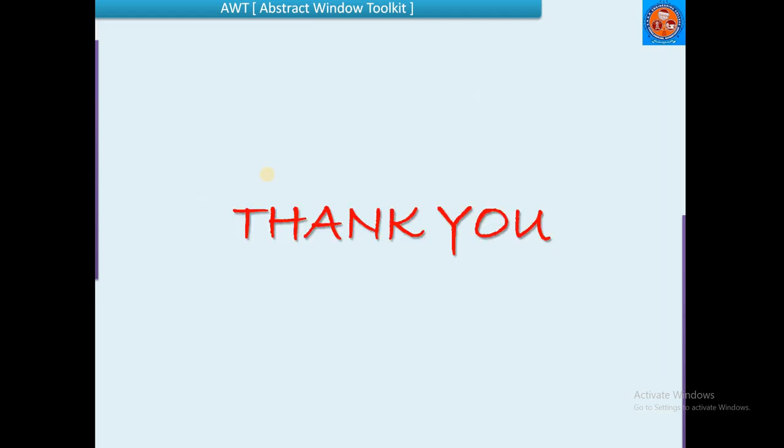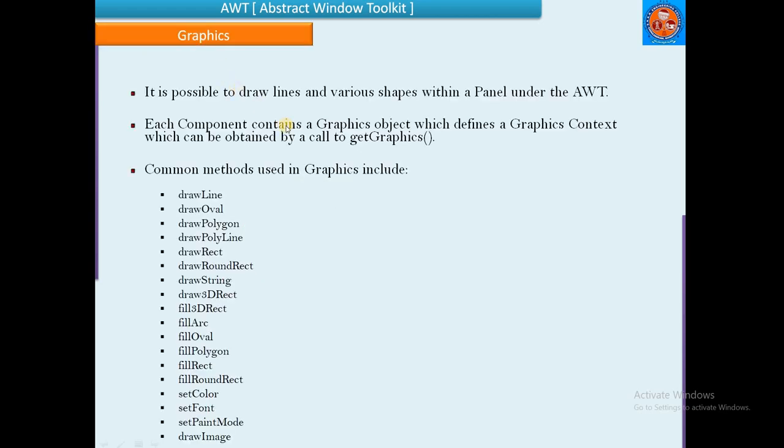In this session, I explained about graphics, layout manager, and then radio button, choice. These are all for creating Windows applications in Java, especially by using the AWT package.